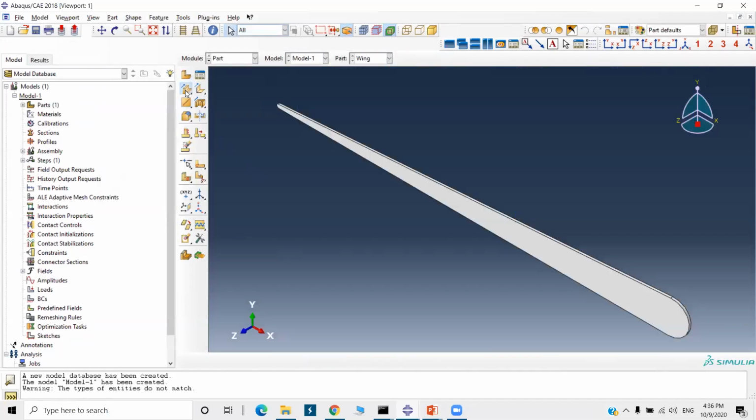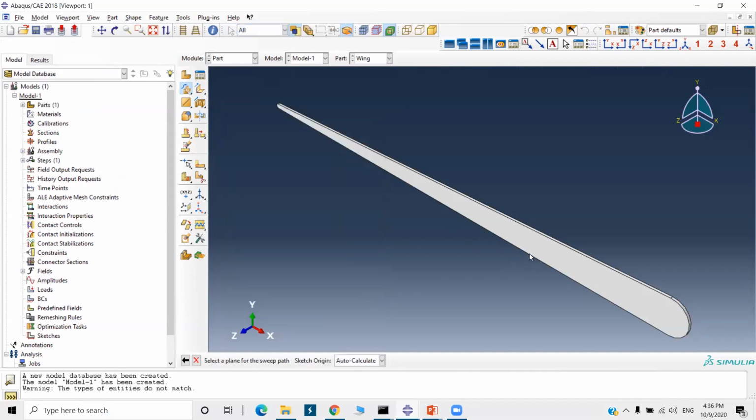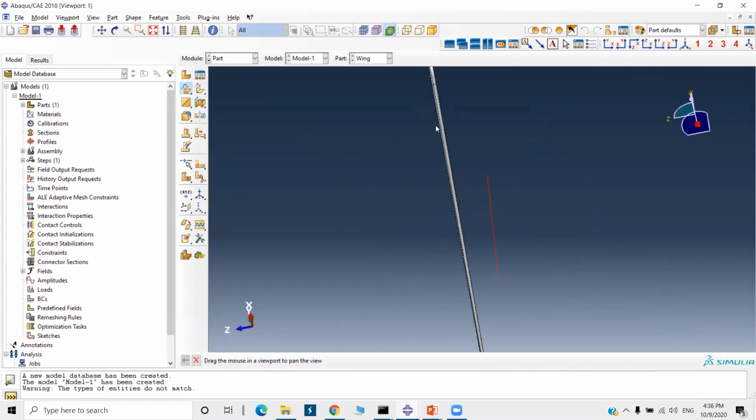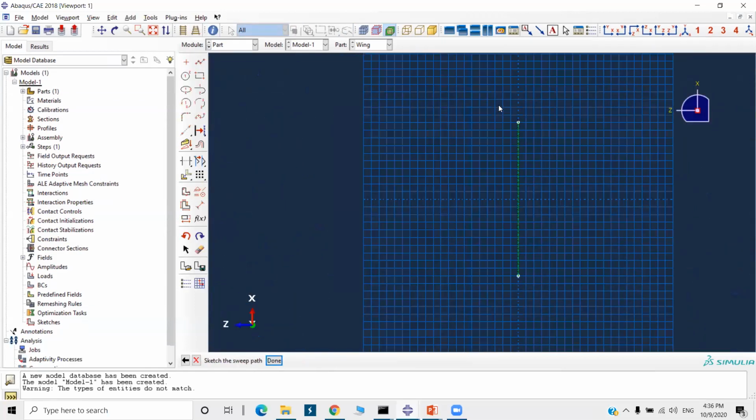Okay, now I'm going to do this sweep. The sketch, select this sketch. For the sketch, select this plane and select this as a vertical on the right. On the line here.